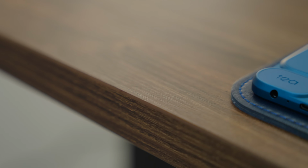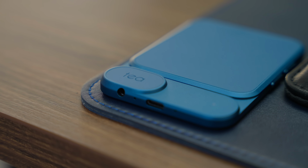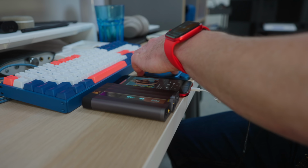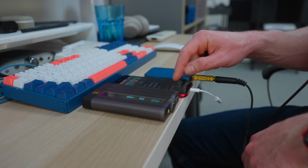Now the T from Khadas, I really hope I'm pronouncing Khadas right, guys, sorry if I'm not, but the T is a very different piece of kit to the Gryphon in so many ways. Obviously it's a lot cheaper, in inverted commas, but also it's a lot thinner. It's a much smaller device. Therefore, as you would guess, it's not packing quite as much tech as the Gryphon, but it's still, out of the box, if you listen to these side by side, if you A/B test them, they sound pretty much identical